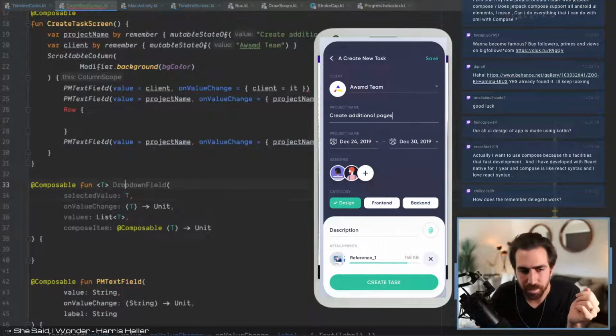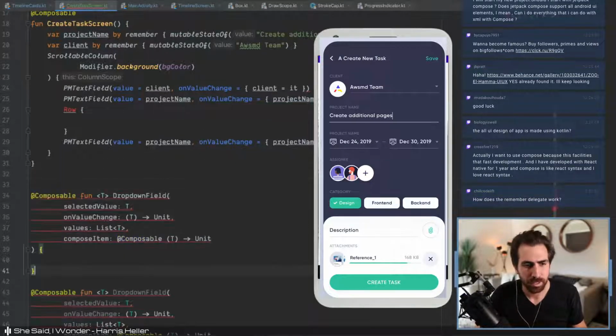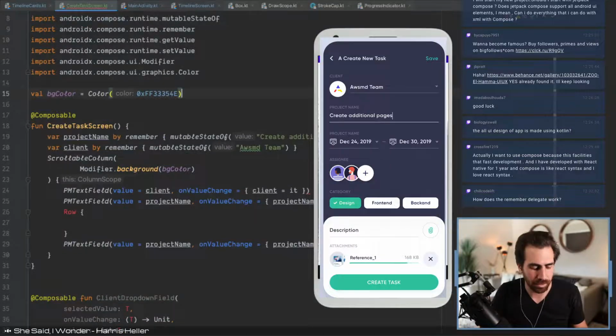But I'm not sure if that's worthwhile here. I'm gonna keep this skeleton set up here in case we decide to use it. But for now, let's just make a client dropdown field, and let's also make a